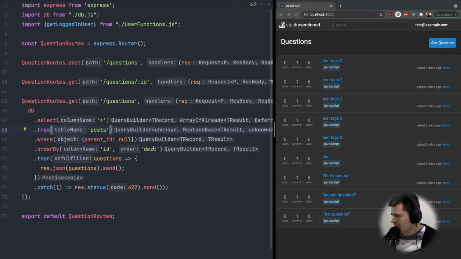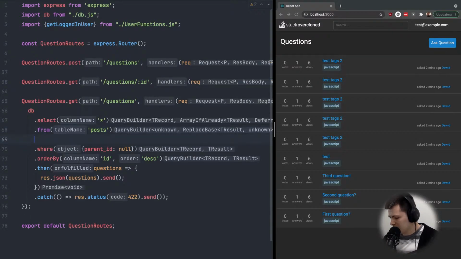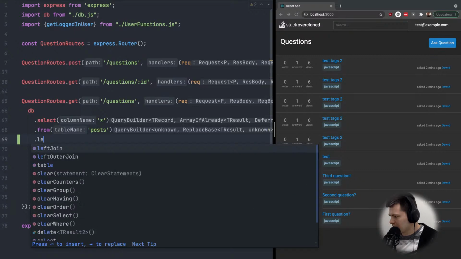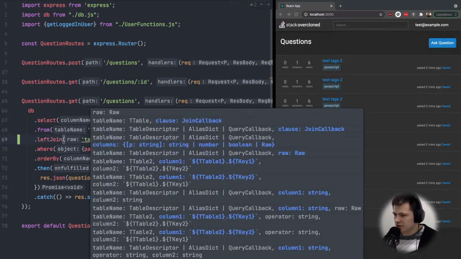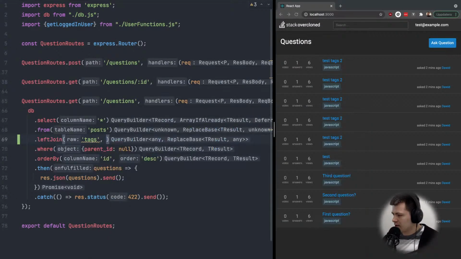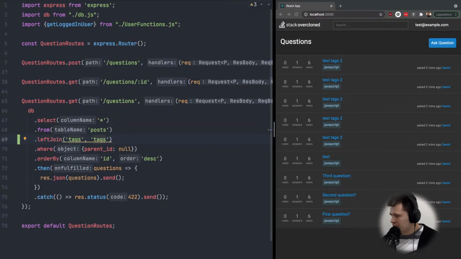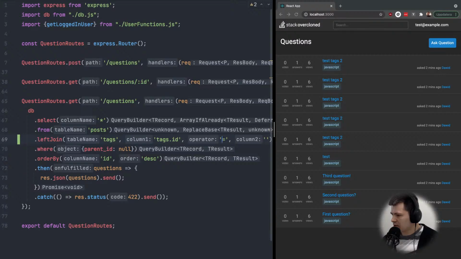And we need to also left join tags. We do left join because there can be questions without any tags. So we join tags, and here we do left join tags by tags ID equals, no, it will be,